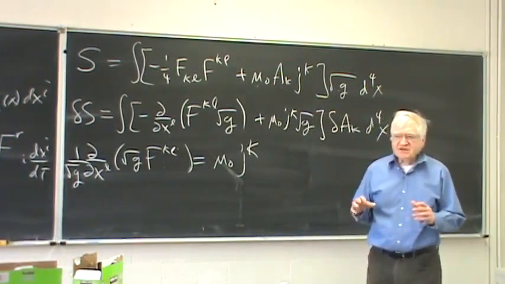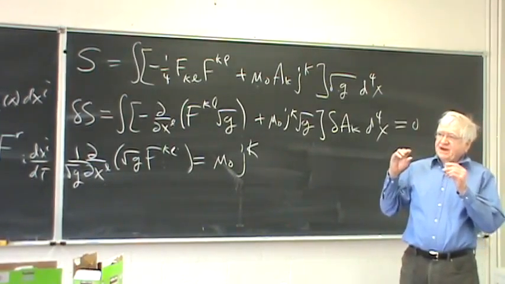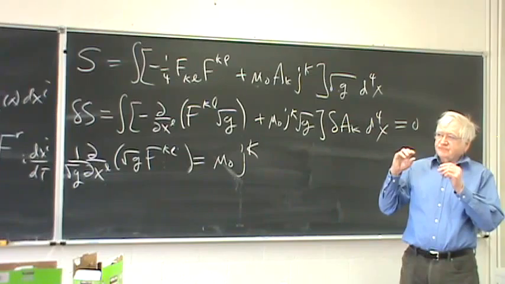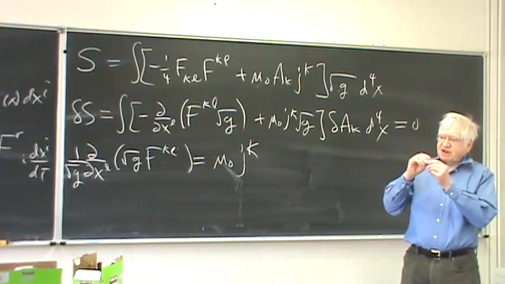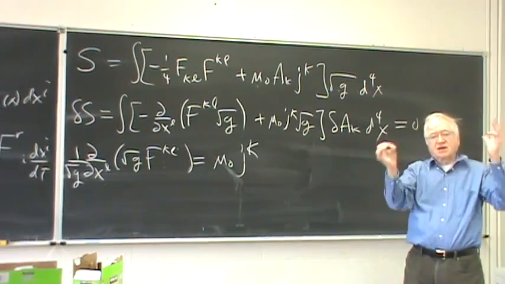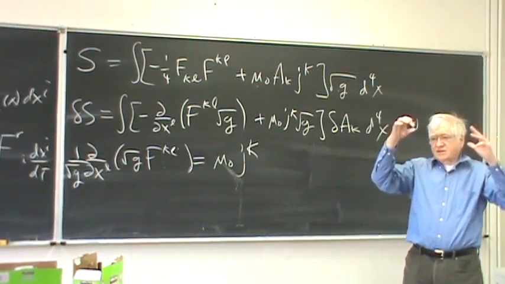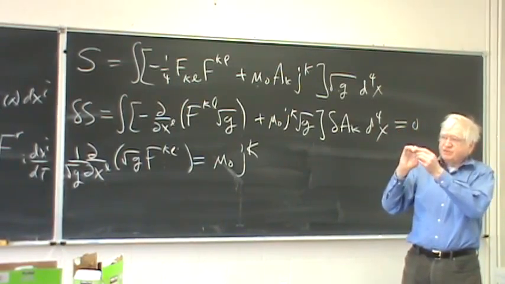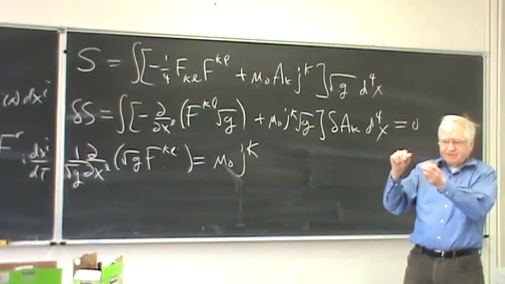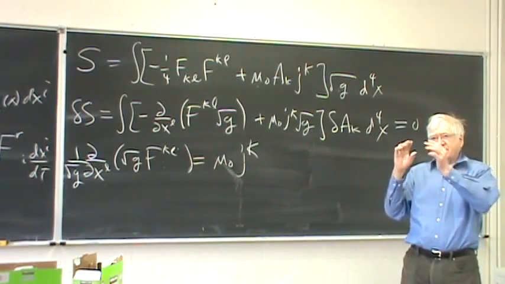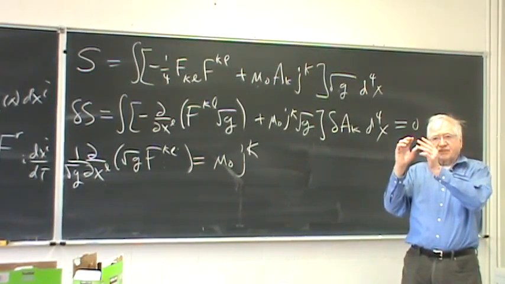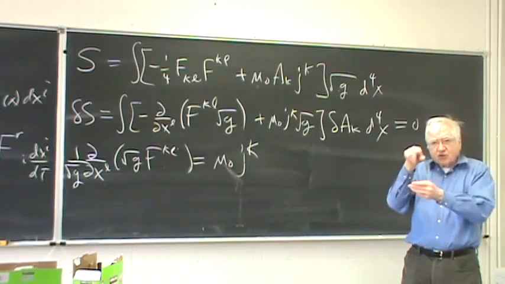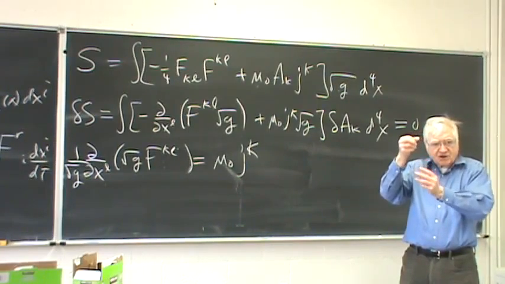Physically, the idea is that if you have some particle in a gravitational field, you can make a change of coordinates such that in the local vicinity of the particle,